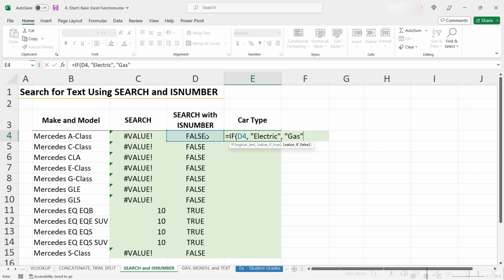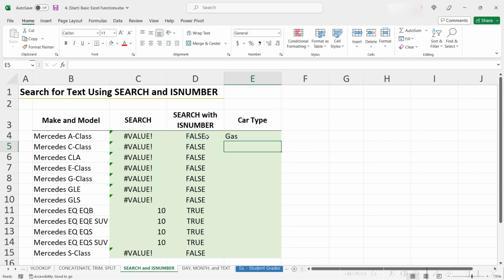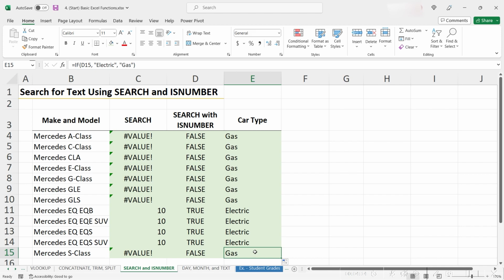Closing our parentheses and hitting enter, we see that this row is correctly labeled as a gas car. And if we click and drag it down, we see that the cars have been correctly labeled as either electric or as gas. Of course, we could simplify this even further by combining all of the functions into our IF statement. But for now, I'm going to leave it separate,